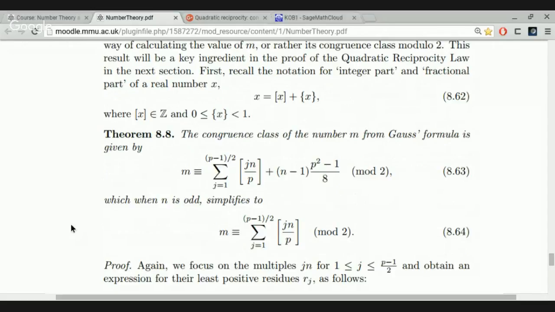So we've got a line going through the origin. We think of this line as having slope n over p. So this is a geometrical picture to represent some of the elements of this formula. If this line has slope n over p, and j is an integer along here,